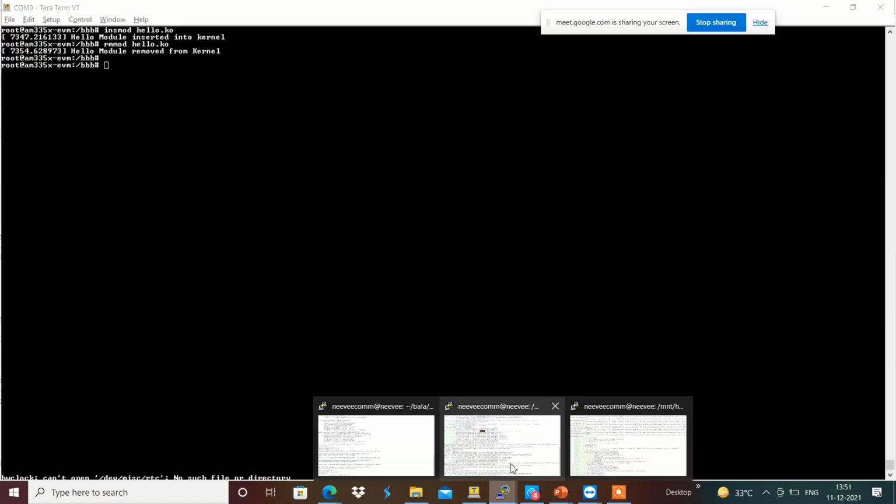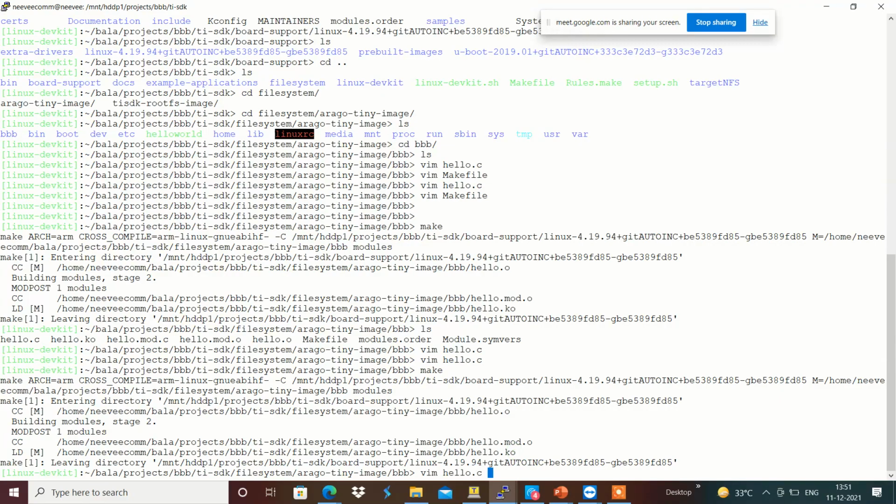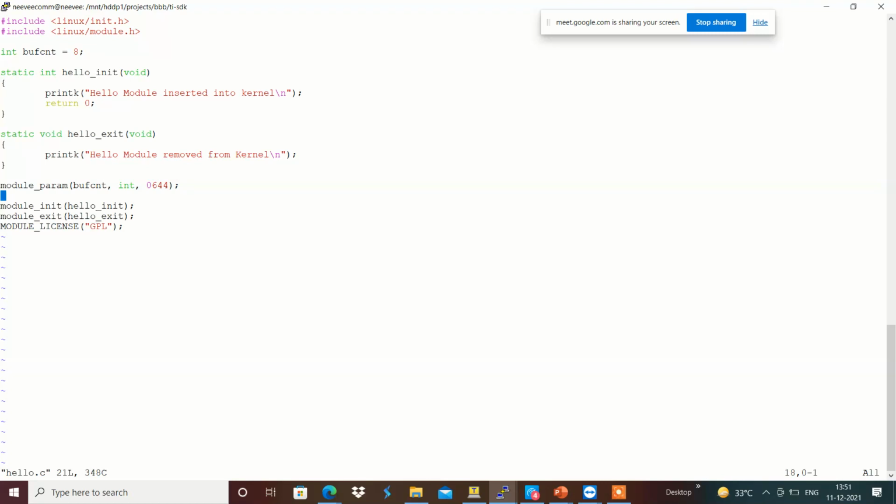I am going to add some more information into it, something like hello module inserted into the kernel with buff count, and I'm going to give the buff count over here.